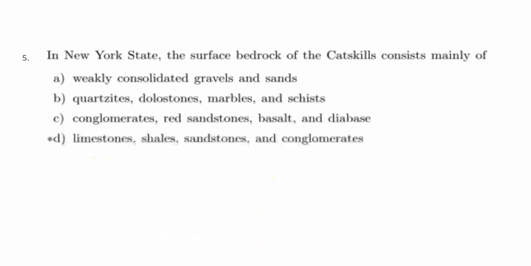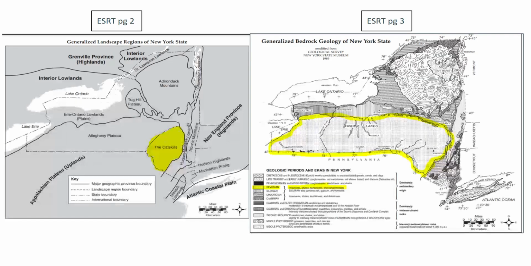Number 5, the correct answer is D. In New York State, the surface bedrock of the Catskills consists mainly of D, limestone, shale, sandstone, and conglomerates. Because if I go to page 2 and 3 of my reference table this time, Catskills are right here, and the Catskills match up with page 3 of my reference table, which is this location. This location on page 3 of my reference table is from the Devonian time period, and these are the rocks